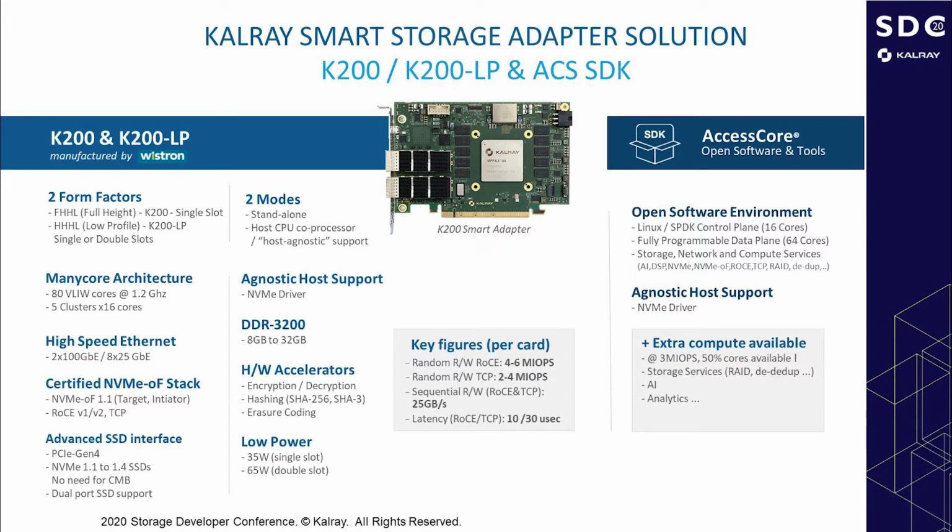We can drive advanced SSD using the PCI Gen 3 and our dual port SSD. The board can be configured either in standalone mode or in host CPU coprocessor. We have NVMe emulation, which allows to plug the board and to be used by any server which has the NVMe support. We have hardware accelerator on it and a low power. You can see on the bottom some key figures of the performance that we can reach for NVMe over Fabric